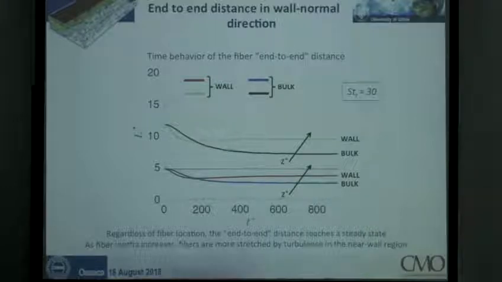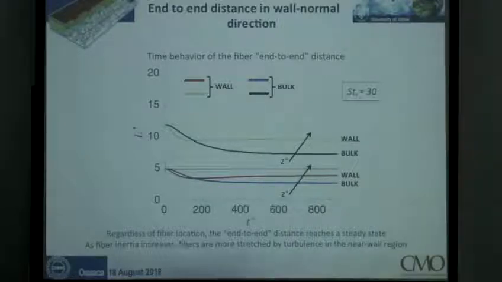when the inertia of the particle is increased, the wall and the mean shear that is acting on the fiber is acting to stretch them. There is a steady state that is reached, so we see no oscillation in the fiber end-to-end distance, which seems to indicate that there is actually no characteristic time scale of turbulence which is determining the